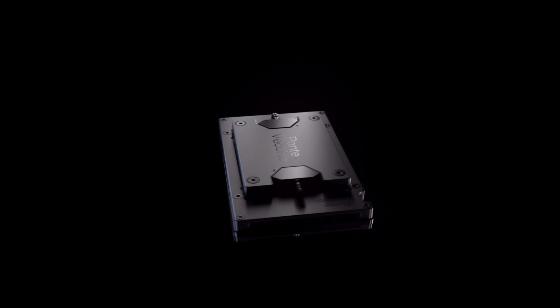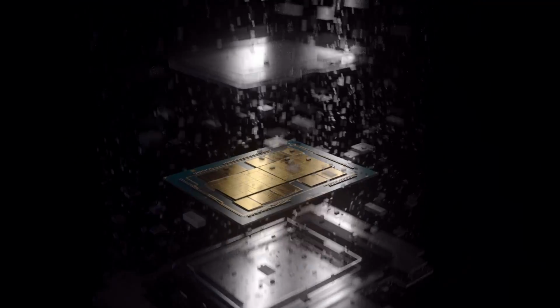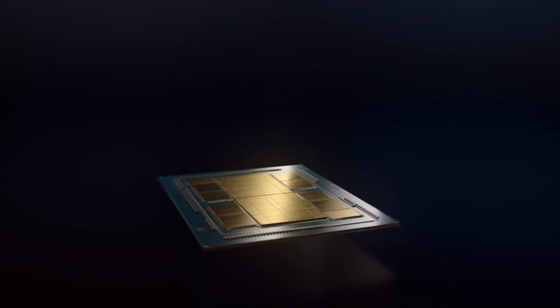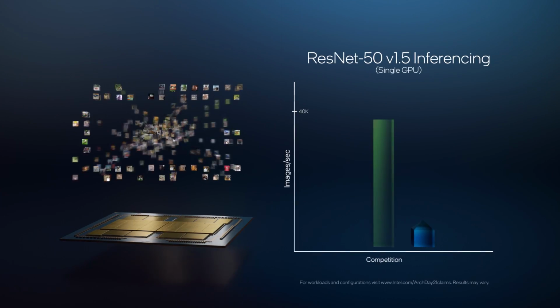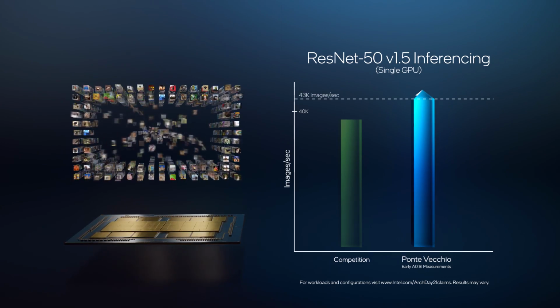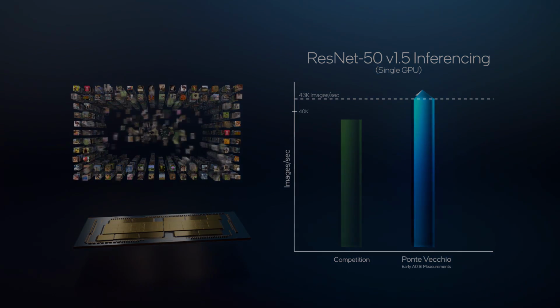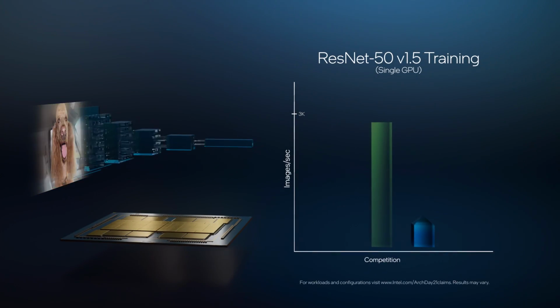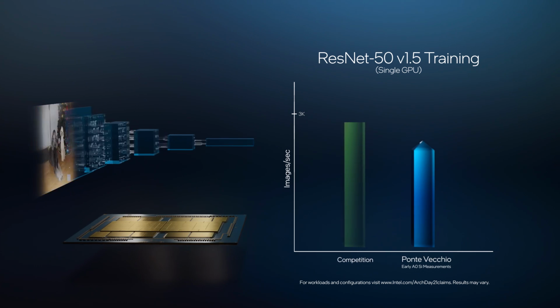Built on the Xe HPC microarchitecture with an alchemy of technologies and more than 100 billion transistors, the Ponte Vecchio GPU was designed to take on the most challenging AI and HPC workloads. ResNet 50 inference throughput on Ponte Vecchio with Sapphire Rapids exceeds 43,000 images per second, surpassing the standard you see today in market. And with training, while we're still in early stages, initial testing shows the compute, memory, and interconnect